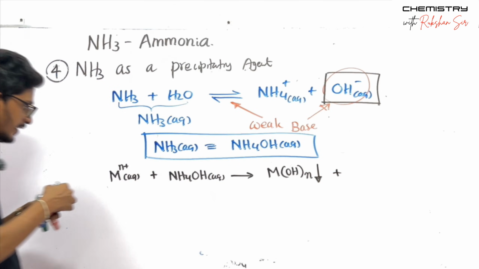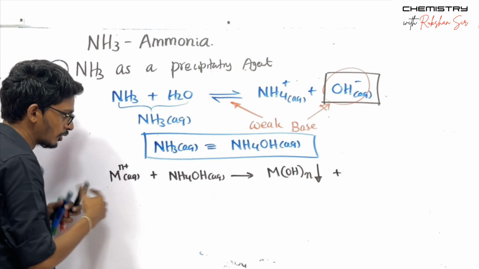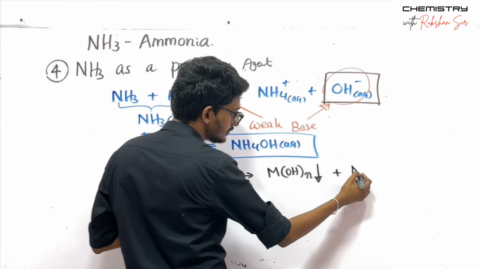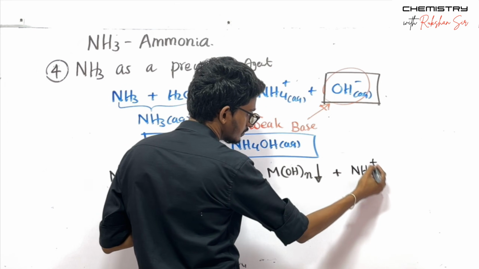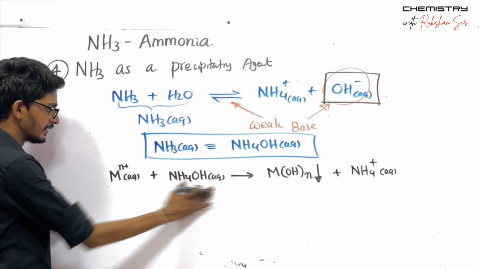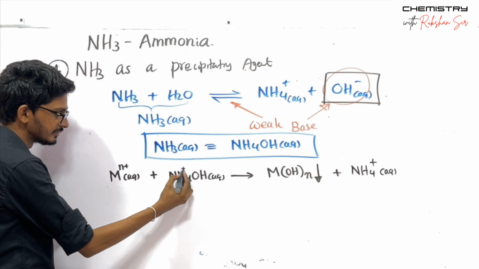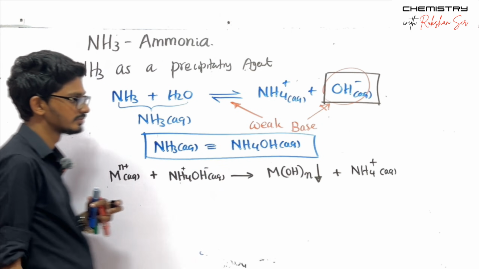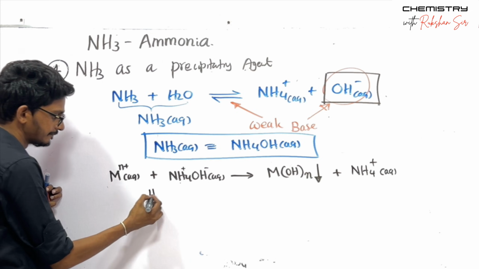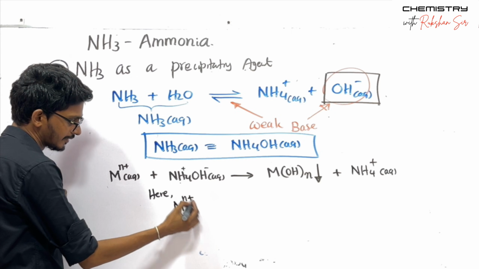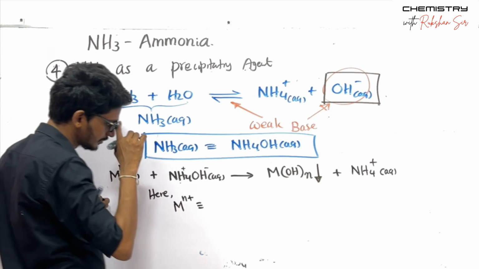This is just an ion exchange, right? This MOH, the precipitate, and NH4 plus. This ion exchange, right? So this cation cancels the anion of this thing, and this thing gives